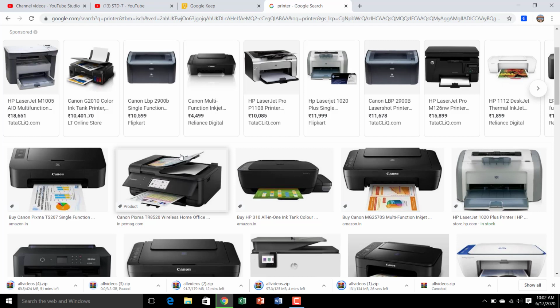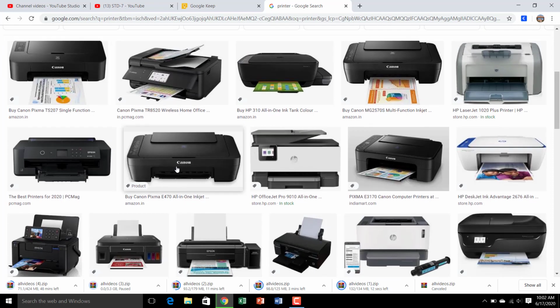This is an output device. These are different kinds of printers. There are some types of printers too, but we will discuss them later.